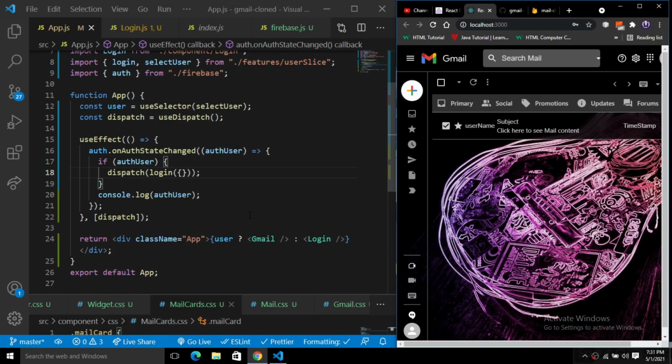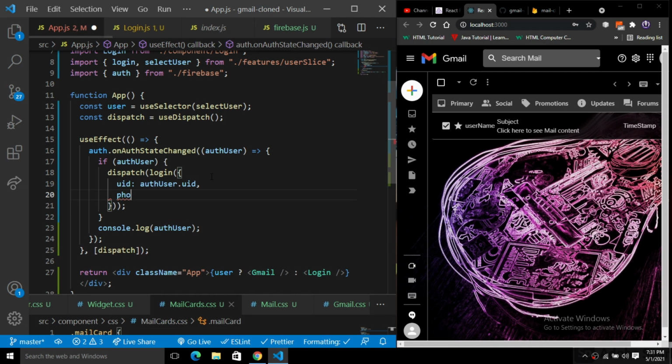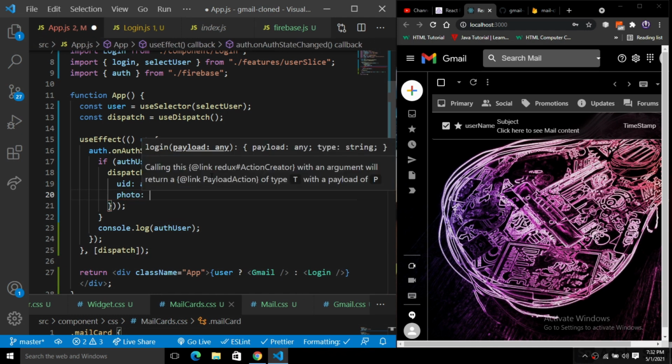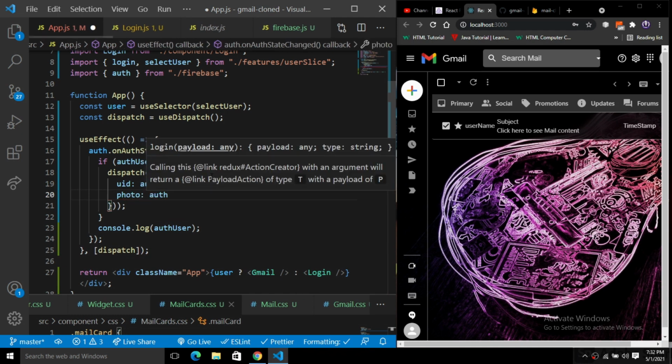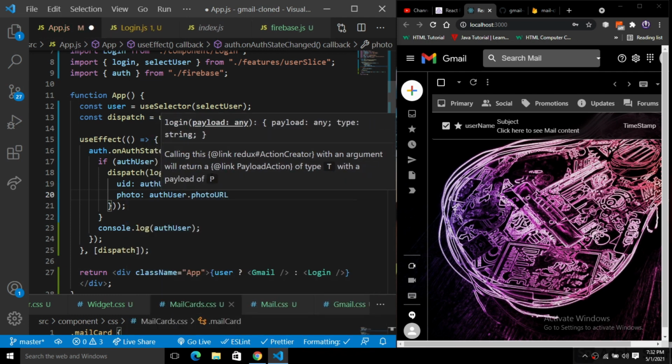Here we want to dispatch some information. So what will we dispatch? Let me add all these things. We will use the user ID, so we'll simply dispatch the user ID, which is auth.uid. Then we have a photo, for which we have auth user dot photo URL, for the profile image.